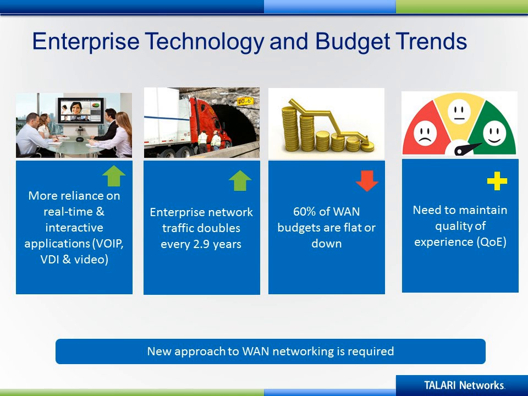The next point is, while there's a lot more traffic coming and growth, most of the budgets, and this is a data point that comes from Merites, who did a study of a couple of hundred customers in their annual survey, and they found that 60% of WAN budgets are actually flat to down. And then the last point here is the standard one, which is you're always being requested, especially if you're in